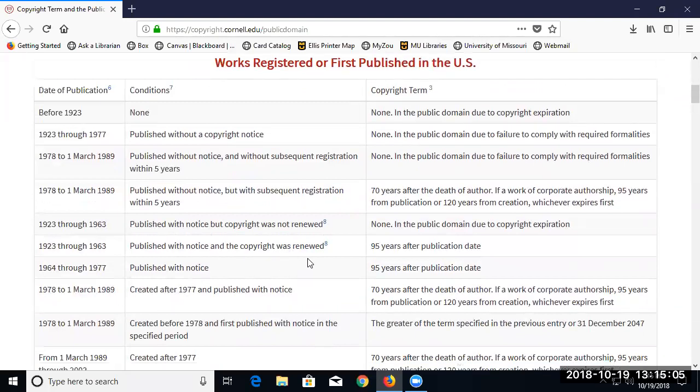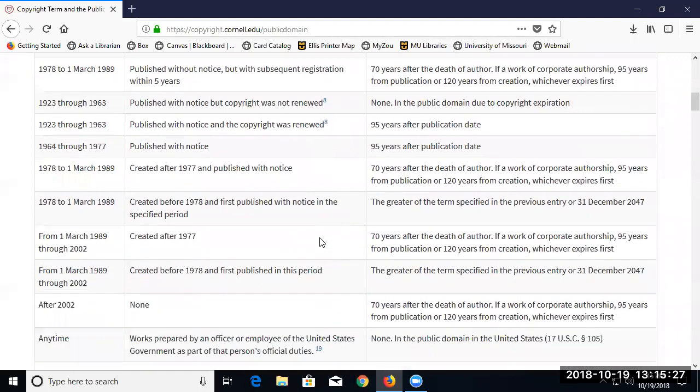So when you are looking at something, you'd want to look through the dates and kind of see. And I think really anything published prior to 23 is pretty much free to use. After that, it gets a little bit messy, particularly in the period between 1923 up to about 1990, because that was the period where someone might have renewed the copyright or they might not have. You have to do some investigating to find out about that.